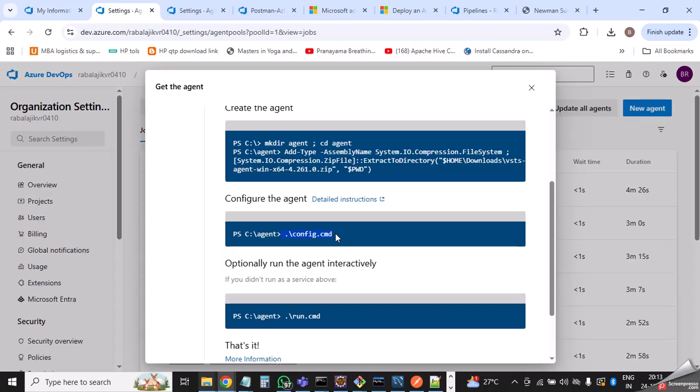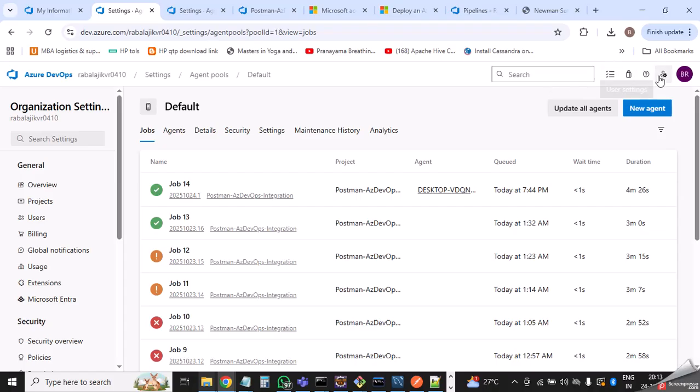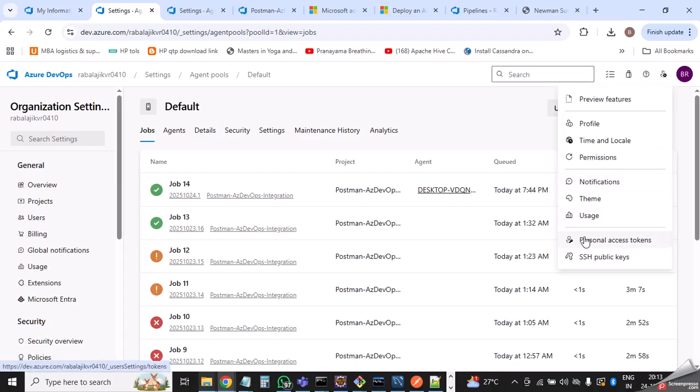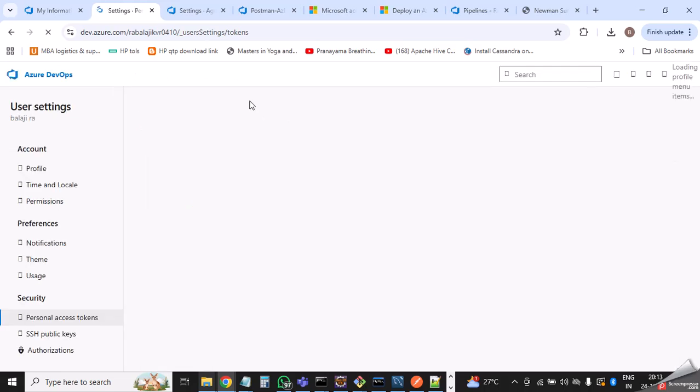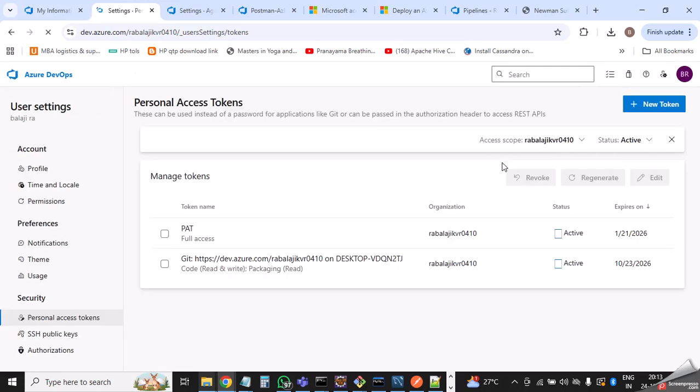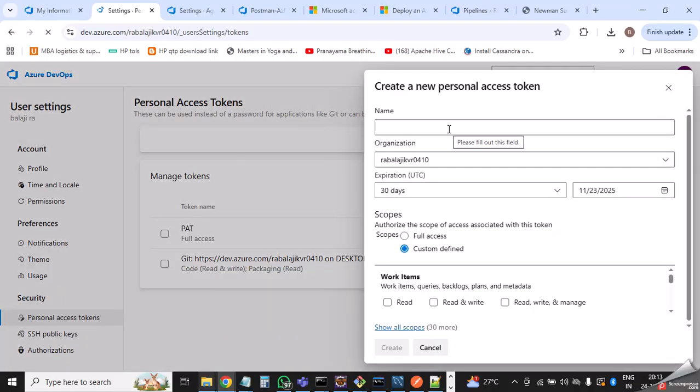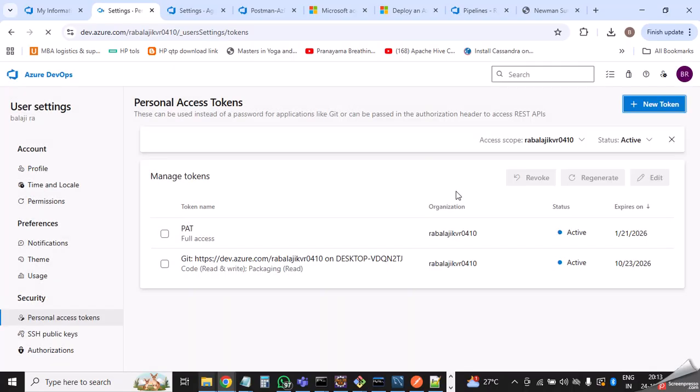It will also ask for the personal access token that you can generate under your user settings here. You can create a PAT, personal access token, for the complete access. Like you can say new token, give some valid values, custom access or full access you can define, take for a specific time period, and it will give you one PAT token. You have to utilize it while using that